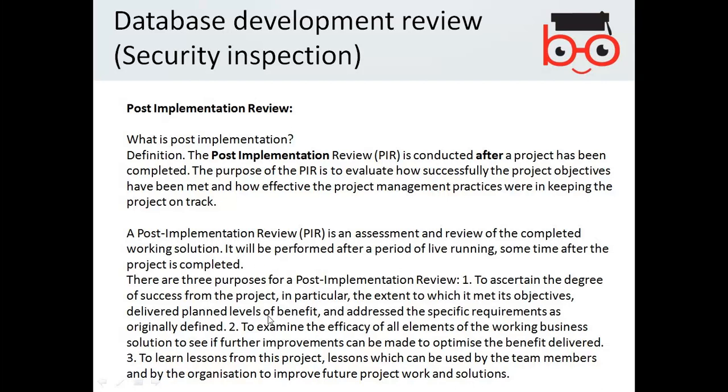So overall, the post-implementation review tells you to what degree the objectives have been met, the efficiency of the solution, and whether any improvements are required for the implemented system.